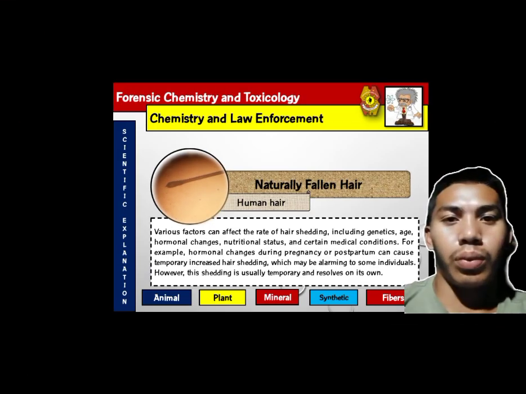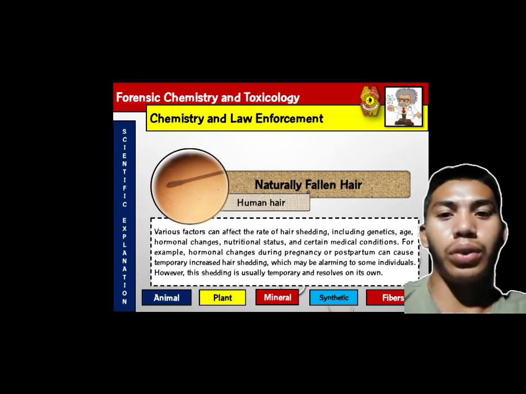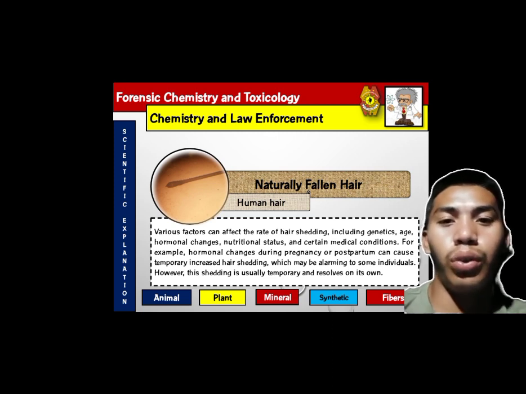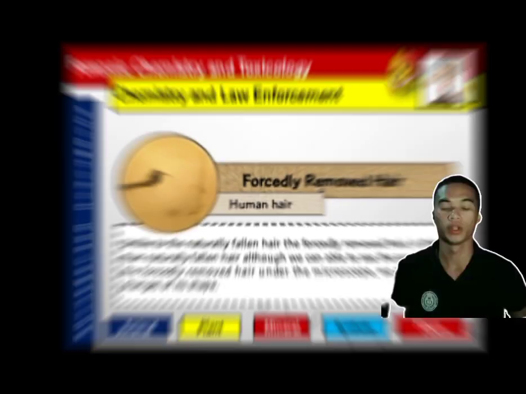Human hair naturally falling. Various factors can affect the rate of hair shedding, including genetics, age, hormonal changes, nutritional status, and certain medical conditions. For example, hormonal changes during pregnancy or postpartum can cause temporarily increased hair shedding, which may be alarming to some individuals. However, this shedding is usually temporary and resolves on its own. Let's proceed to